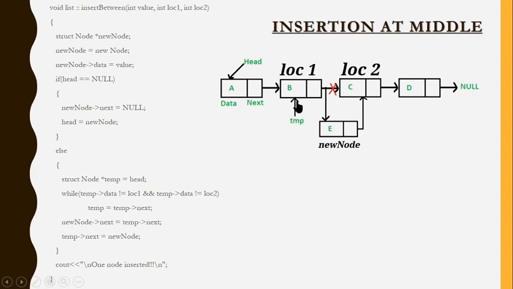Now temp is assigned here. The only part is, first I need to create this link. Like I said, I need this link to be created. If I need to create this link, my question is: do I have a name for this node? I have given the name new node to this one, but I don't have a name for this node. So you might be wondering, I need to give it a name like temp, create one more and again bring it over here. You can do that, but that's a waste of time.